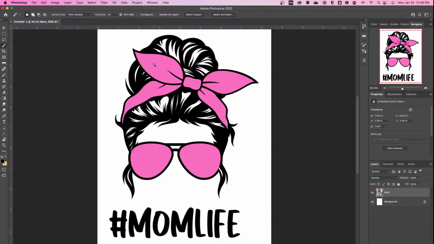And you can change your tolerance level. So your tolerance up here is a slider. It's like a sliding scale of how similar of the color do you want it to select to what you're selecting. So basically, how many shades of pink do you want me to go up to? Hopefully that wasn't too confusing when I said that. But anyways, so you select that,